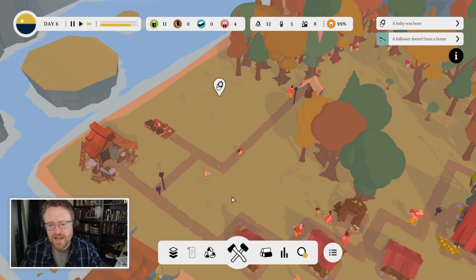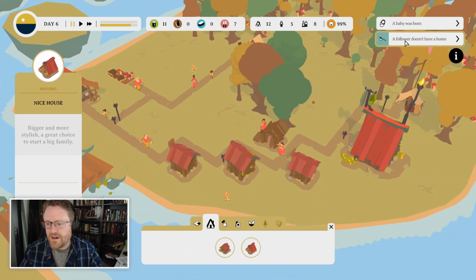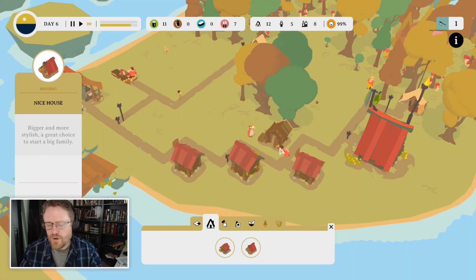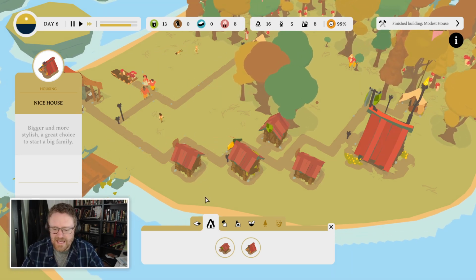So it looks like we're just kind of barely staying on top of our food needs. Oh, a baby was born and a follower doesn't have a home, so we're making this house just in time. So it looks like our followers are actually able to...